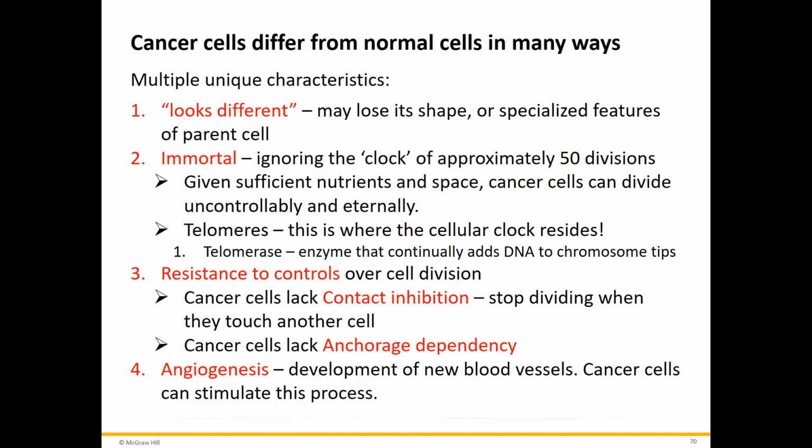And then finally, the fourth thing that makes them very unique is the ability to carry out angiogenesis. Angio is blood vessel and genesis is the beginning. So the beginning of blood vessel making is something that normal cells can only do for a short period of time. Cancer cells can stimulate it at any time, and they can grow blood vessels anywhere, in any place, direction, whatever. And that's why I kept pointing out in that picture those great big cancer cells. Oh, look at the blood vessels. Oh, they have blood vessels sitting on those blood vessels.